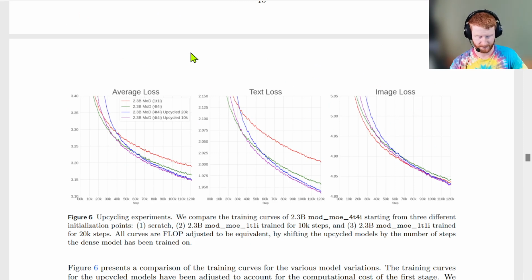They find that initializing from 10,000 steps, this purple line here, does better generally overall. You can initialize from 20,000 steps, and then it takes a little bit longer, but it still gets pretty good. Whereas starting from no initialization at all, just training all of the experts from scratch from the start,